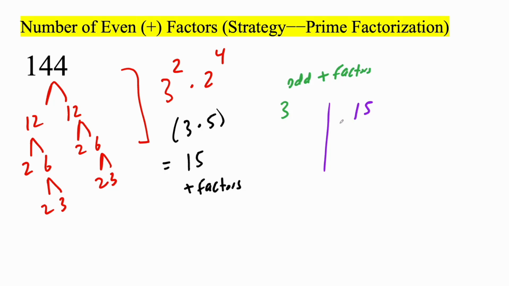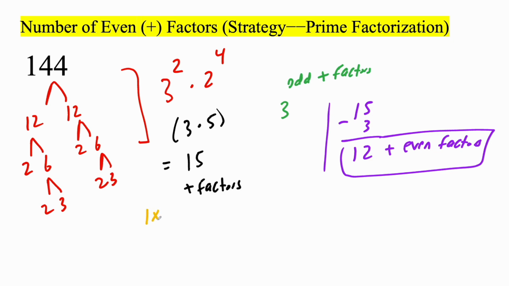15 minus 3, we're going to get 12. So we're going to have 12 positive even factors. And again, we can always check. 1 times 144, 2 times 72, 3 times 48, 4 times 36,